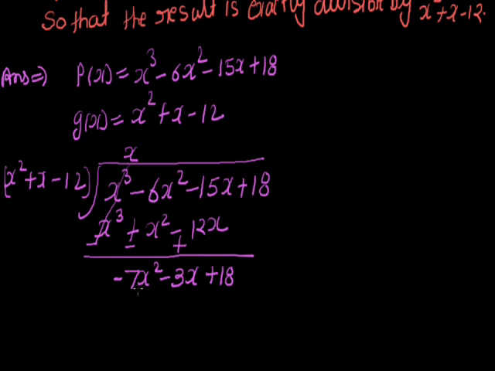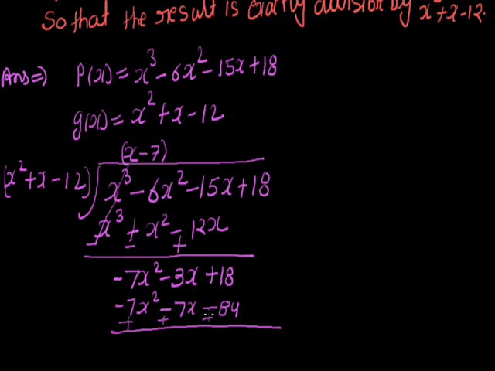Now we again divide the first term, minus 7x square by x square, the quotient is minus 7. If we multiply the whole bracket by minus 7, we get minus 7x square minus 7x minus 84. If you subtract this, again 7x square cancels out and the expression is 4x